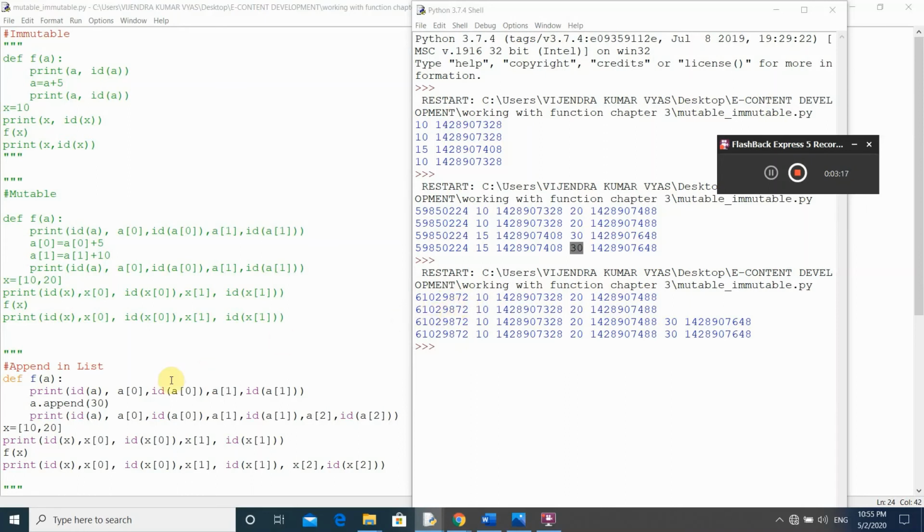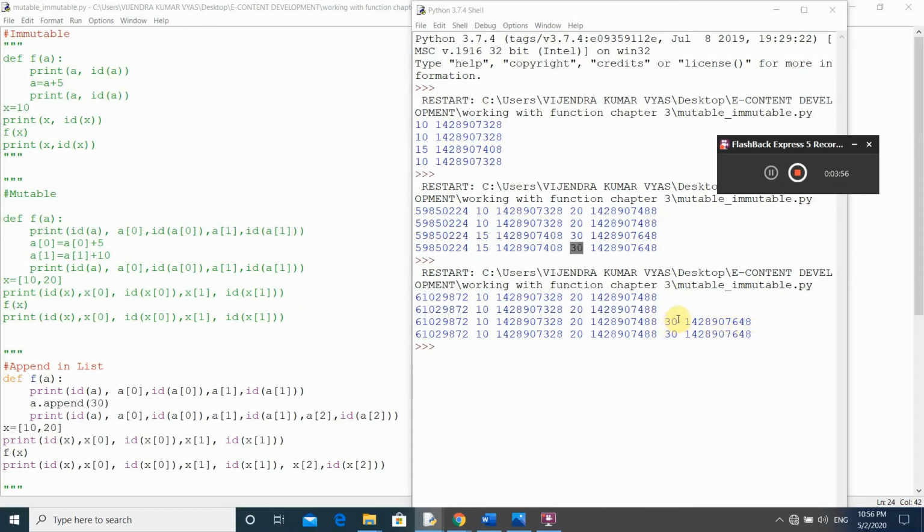After this append statement, the next statement is a print statement. Through this print statement, the address of a is the same as above. The values of a of 0 and a of 1 are the same as above, but here one change has been made.